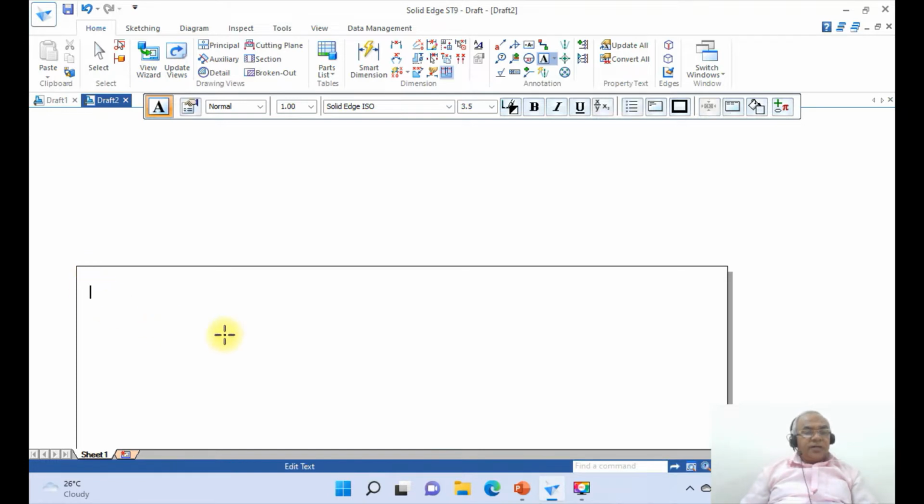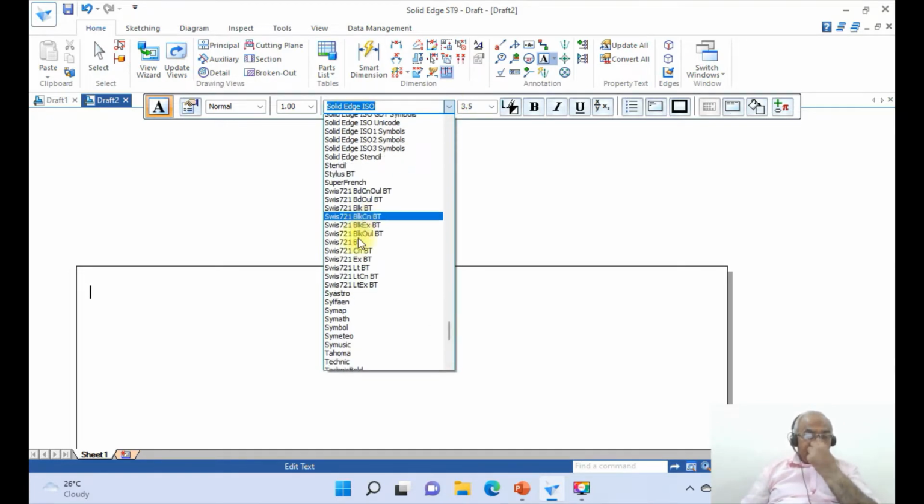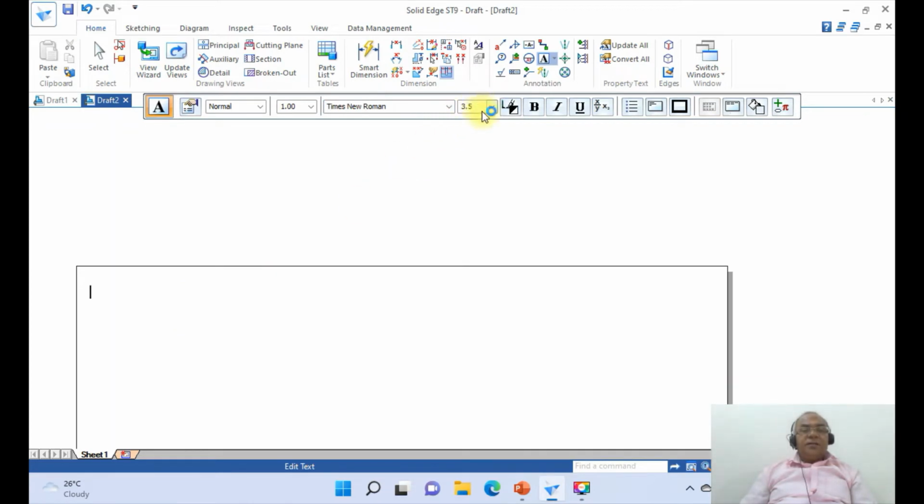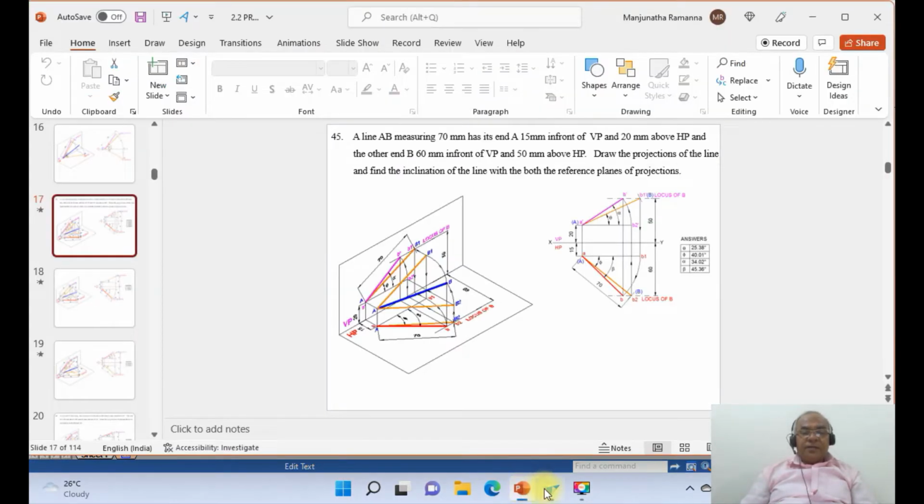So here you take 45, you come down to Solid Edge, bring down to Times New Roman and take the font as 4. So here you just type 45,